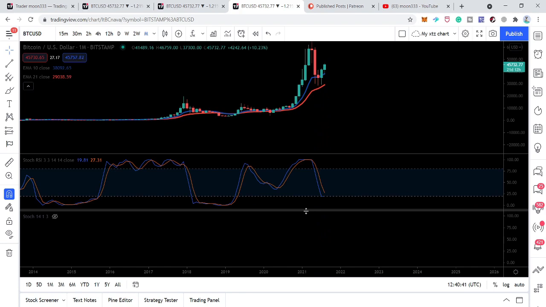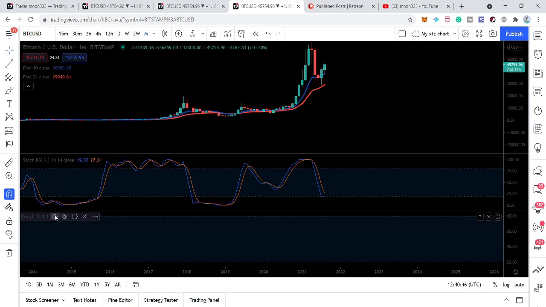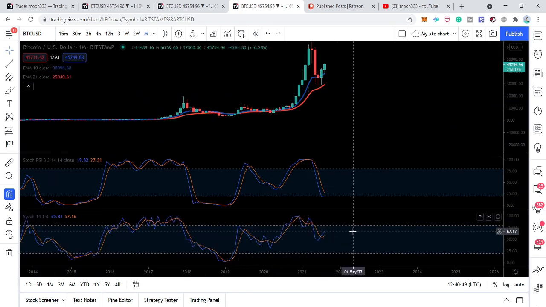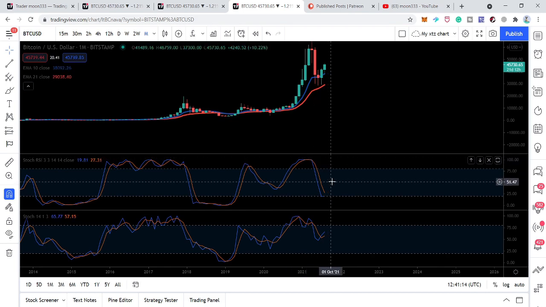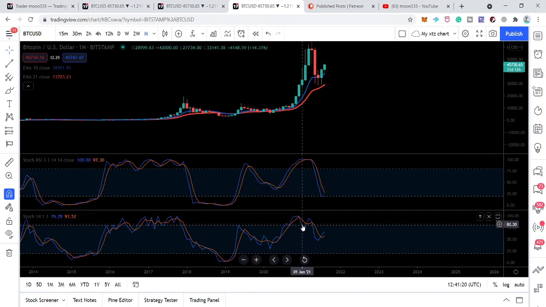But if we take a look at the stochastic indicator, let me place the stochastic here, and you can see that the stochastic is not doing this. The stochastic RSI works faster and gives us faster signals than the stochastic. Like the exponential moving averages move faster than the simple moving averages, and we can get faster or early signals using the exponential moving averages. But the faster indicators and moving averages can sometimes give false signals. But this is the monthly time frame chart. I'm expecting that soon it will also be reflected on this stochastic as well.